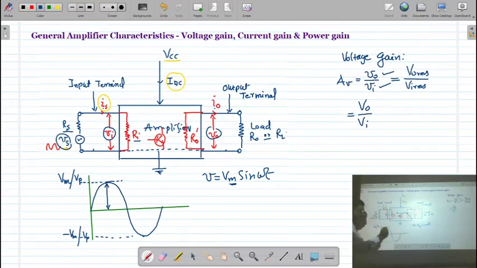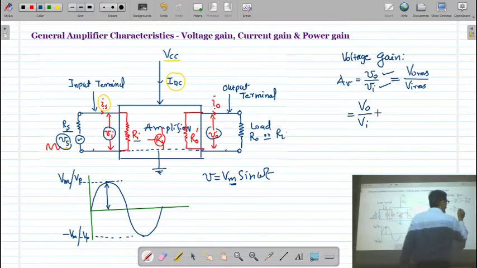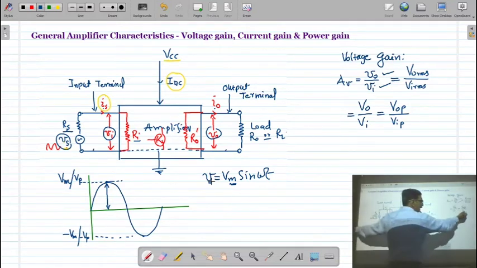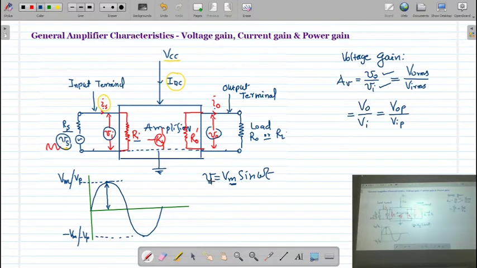So this value is called the peak value of the AC signal. Remember, the peak value is not changing with time. It is fixed. So you can also take the ratio to calculate the voltage gain as VO peak divided by VI peak. And to represent this peak value, I am using a capital letter, not a small one. Whatever the instantaneous value is, it is a small letter. So VO peak divided by VI peak, then you can calculate the gain of the amplifier.